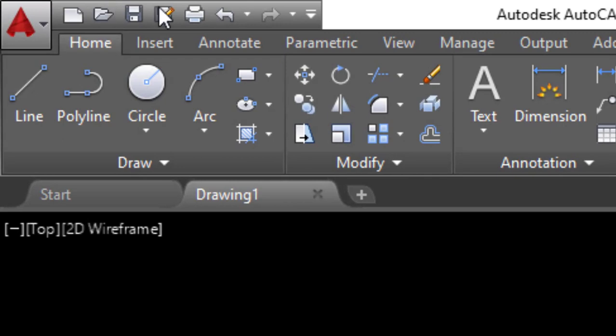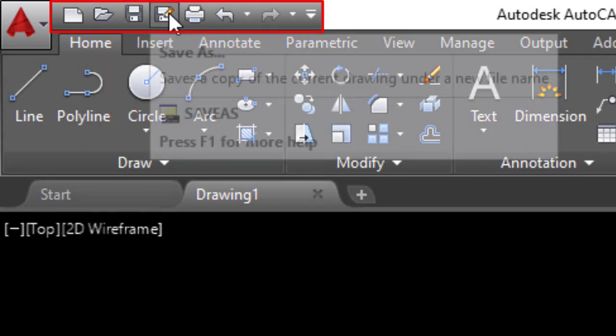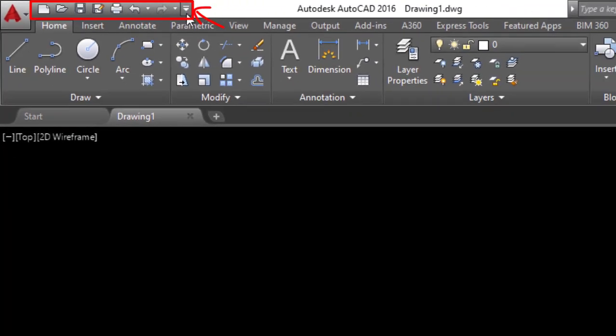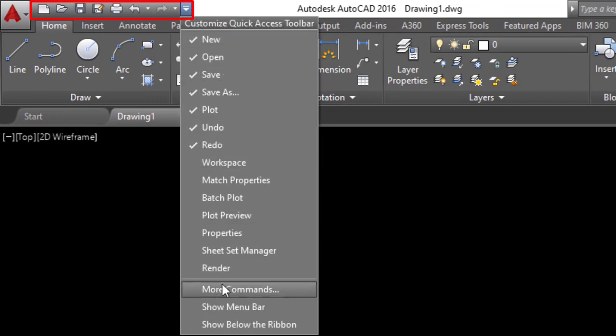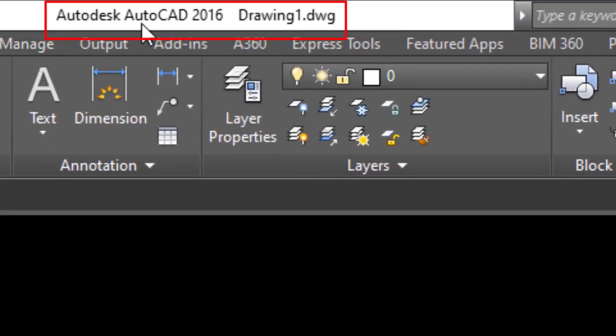Beside the application menu, we have the quick access tools. Here we can set some quick access tools such as new, save, print, etc. You can bring or hide any option from this drop down menu. Beside this quick access toolbar, the topmost bar is called the title bar. In the title bar, we can see the full name of the software, its version and the name of the file. As we have not saved this file, we have a default name, that is Drawing1, and the last part of this name, that is .dwg, is the extension name of AutoCAD files.